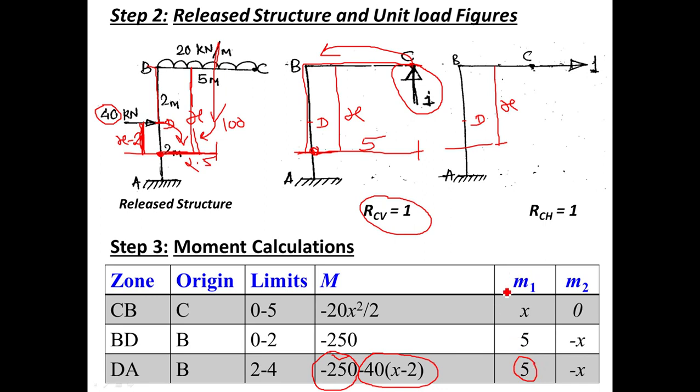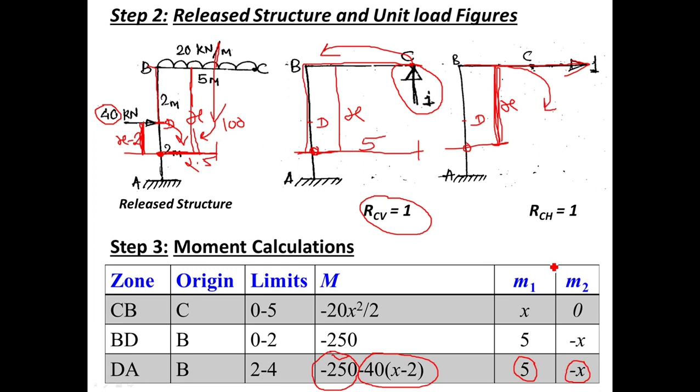And similarly again, if you look at the third figure, RCH equal to 1, the unit load is again horizontal, and we are taking moment in the third zone at a distance of x. So the perpendicular distance of 1 and the point where we are taking section is again x. So moment will be 1 into x clockwise again, so it is minus, so minus x. So like this you have to take a moment in various zones of the frame.